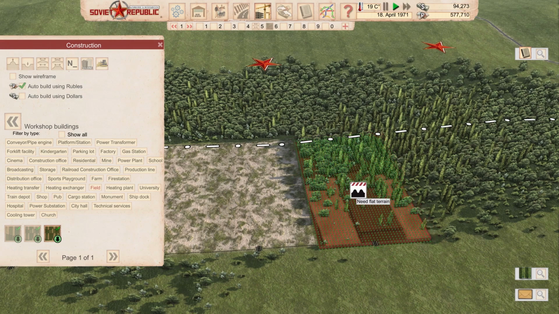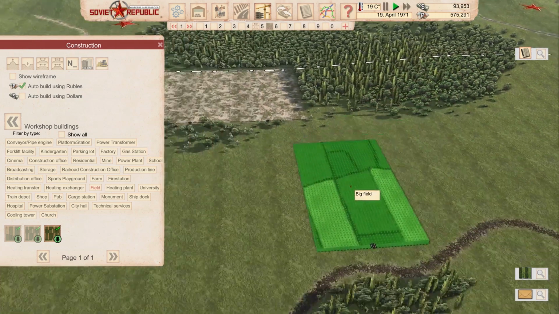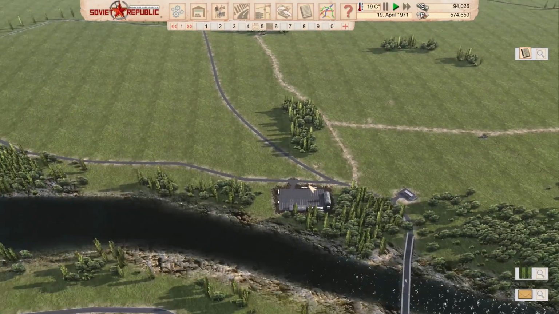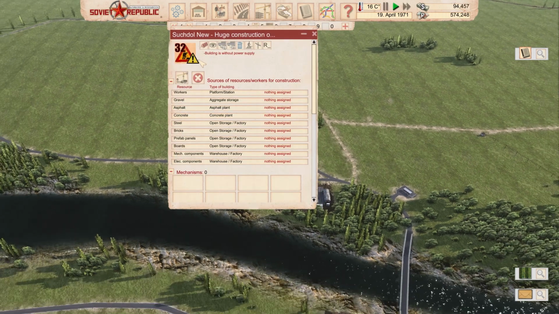And we come to our first problem. So we have a little bit of leveling that we need to do around here. Maybe even not even leveling, it could be just grading or whatever you want to call it, and I don't want to pay for it because we don't know how much this is gonna cost. So we're gonna go straight away into the